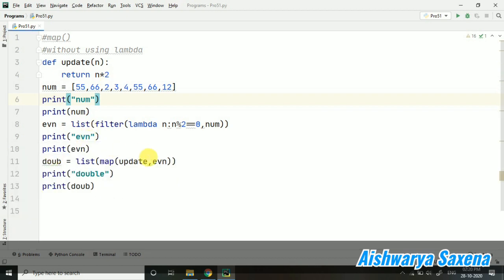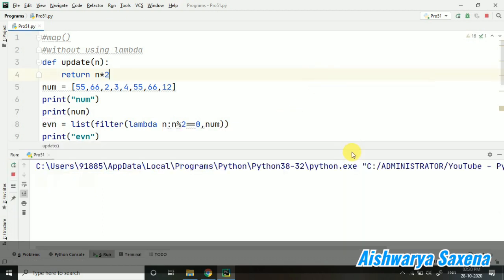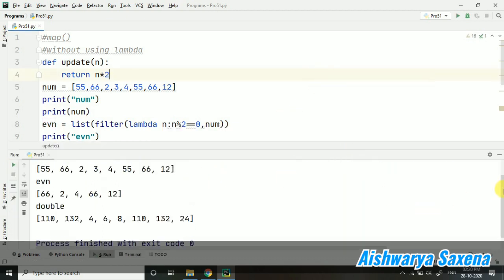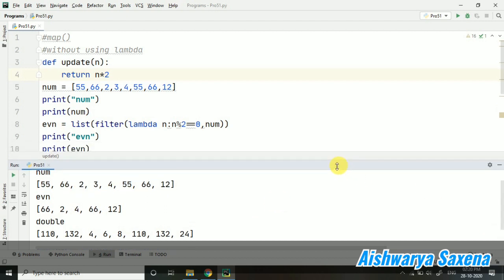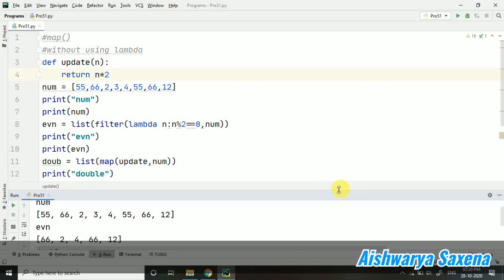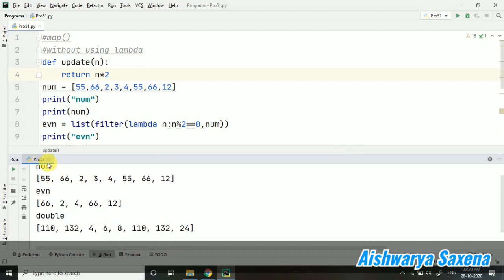We could have done this on num also. It's not that we cannot do that. Wherever you like, you can perform this. This is another thing that we are printing this even, but yes, you can see now you can compare this 55, 110, 66, 132, 24. Now as I have applied it on num, accordingly it is giving the output. I hope this is clear.